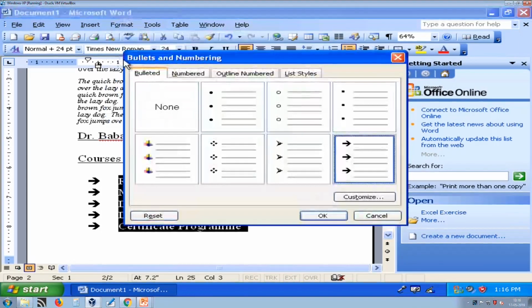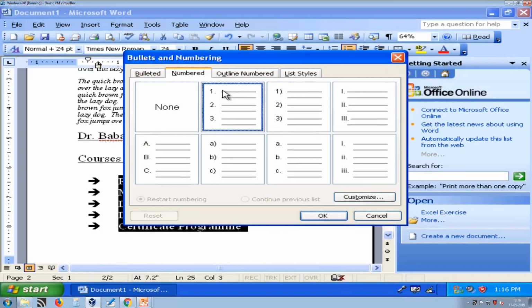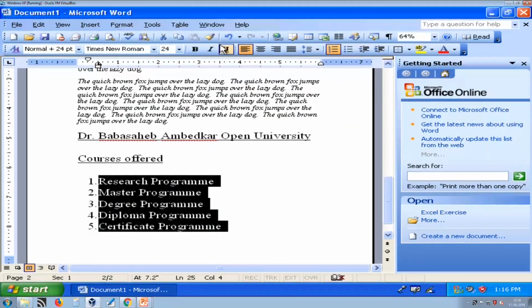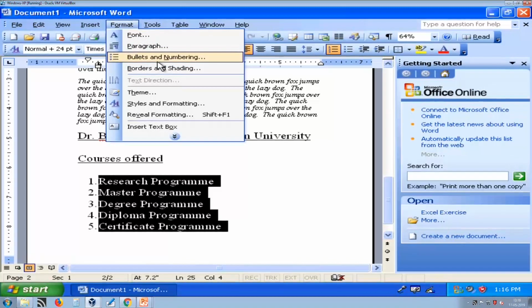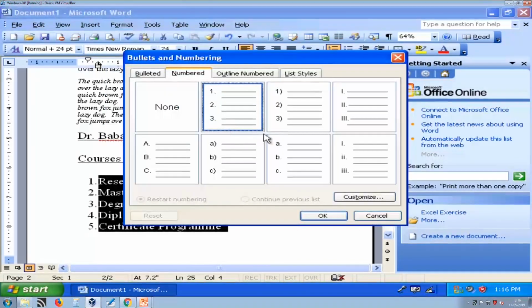So in bullets and numbering, I can use different types of bullets. Now go to number. Here by default it gives 1, 2, 3, 4, 5. I am selecting that, but suppose I want to give it something like this. I can select that.